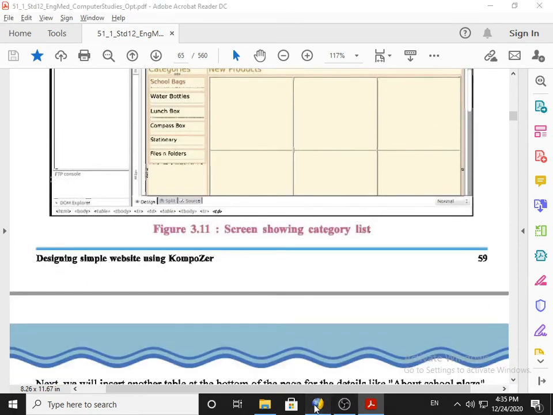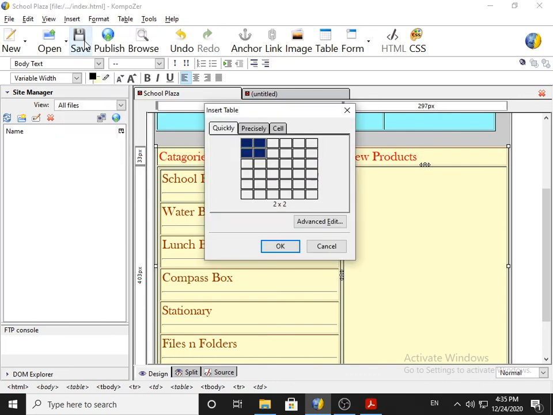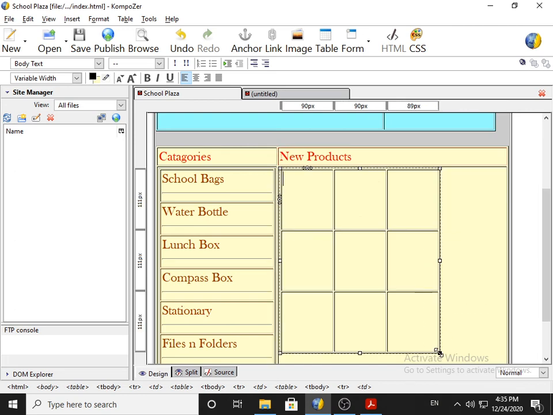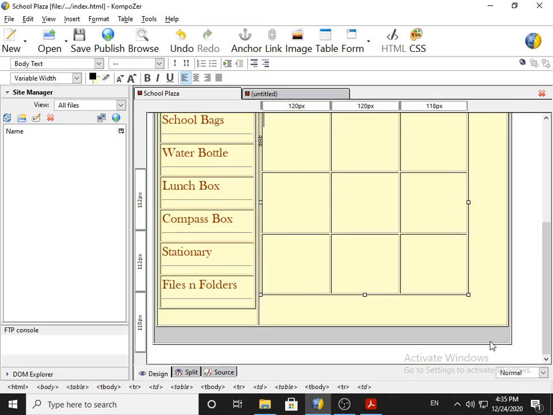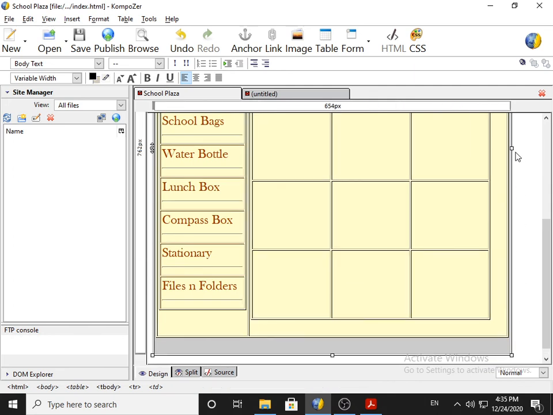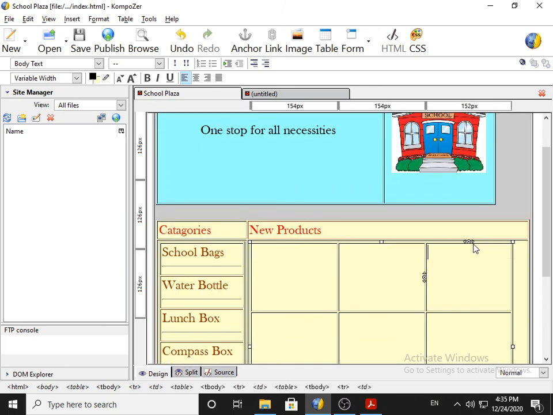So simple command, again same thing. Insert table, 3 rows and 3 columns, and you can see how it looks. You can enlarge it according to your choice. Outer table you have to enlarge, and then this table also you can enlarge, so you get a space like this.